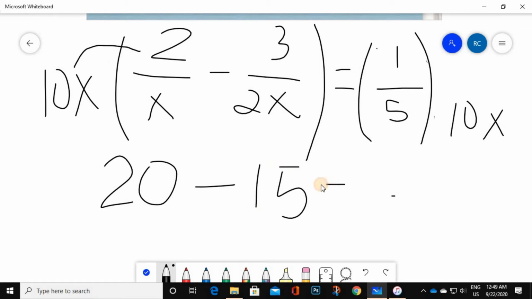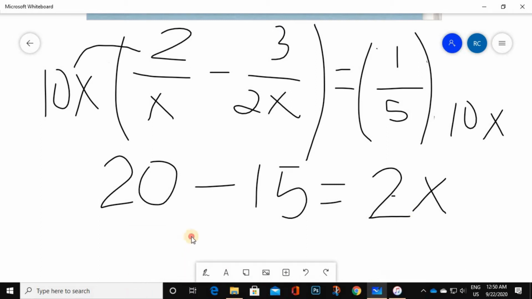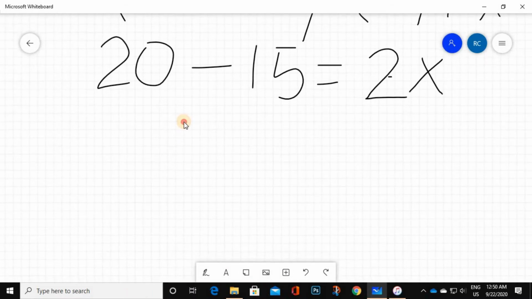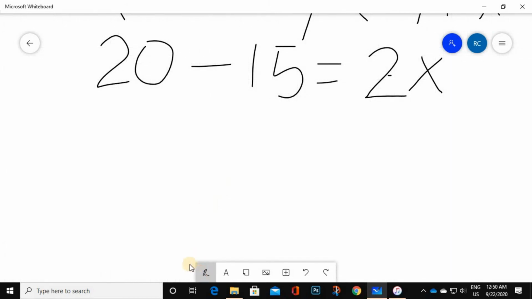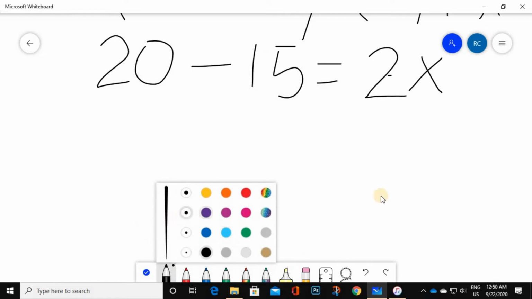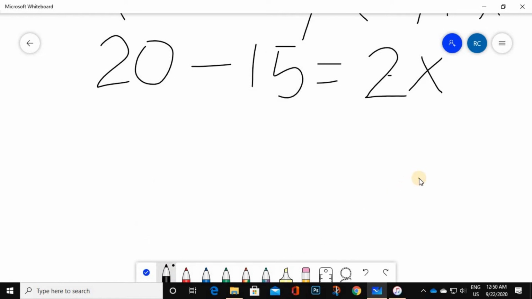Okay, next. Equals 1/5 times 10x. So, the x is still there. 10 divided by 5 is 2. Then, we just write the x. Continuation. So, we are now at 20 minus 15 equals 2x. So, 20 minus 15 is 5